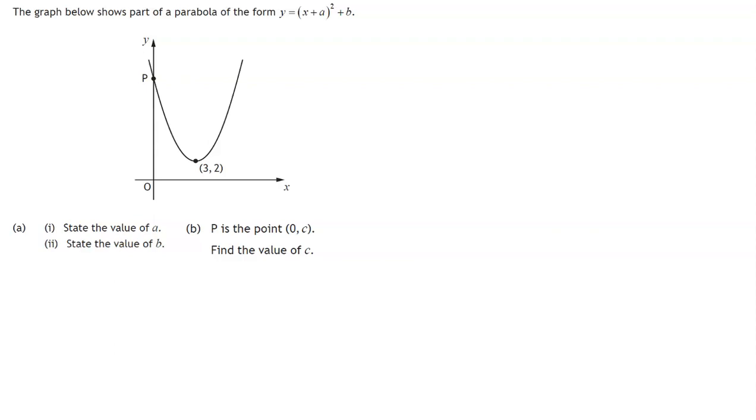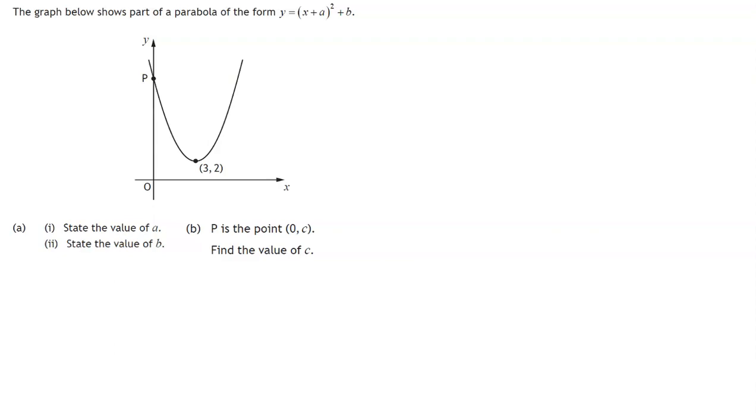So this question here focuses on looking at parabolas in completed square form and looking at properties associated with them. So what the question is asking is, if there's a parabola given of the form y equals (x plus a) squared plus b, it wants us to then look at some of the properties